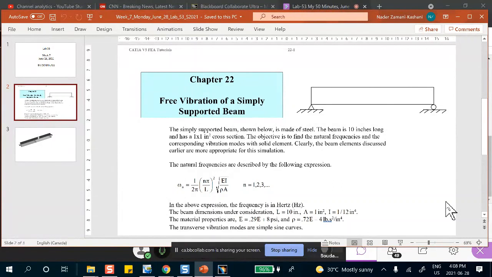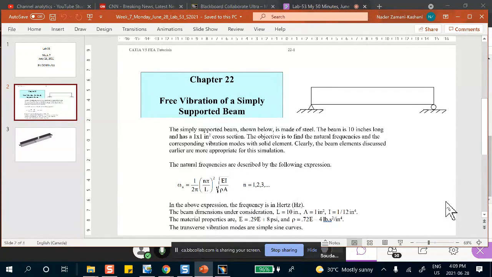That's correct. Now we'll solve this problem for you, but I can assure you that finding that frequency and the mode shape using solid elements is killing a fly with a cannon. You already know, if you had a problem like that, what kind of element you should be using.